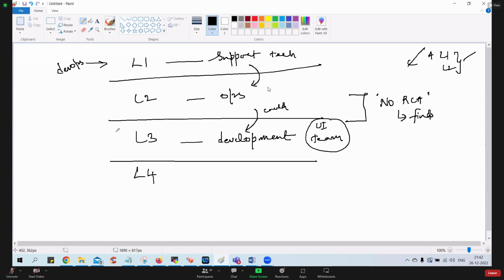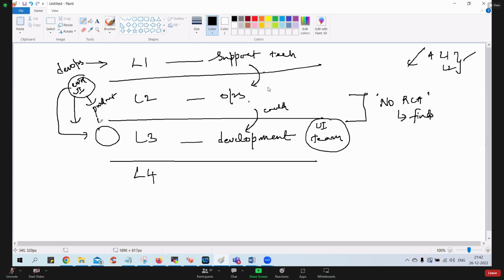For example, imagine a use case where an error is coming from a UI, and there is no client side problem. So L1 pushed the ticket to the ops. They said they looked in and found no trouble with the production server at all. No issue on the production server. So that means they jump down to the code now. They don't do any RCA. Directly they'll push the ticket into the bin.